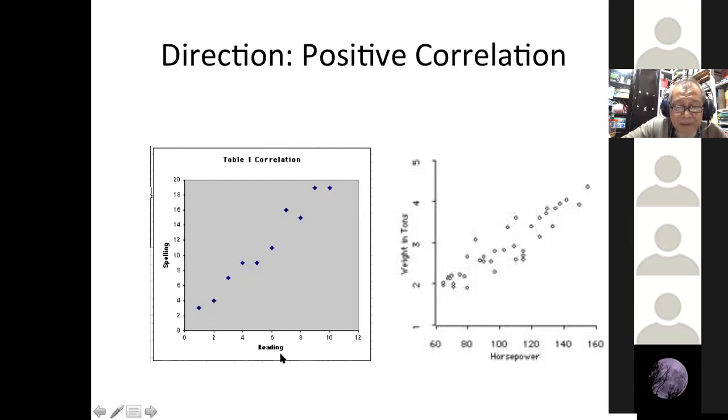For example, if we correlate between the height and the weight, how tall they are, and then how heavy they are. The height is the independent variable. We believe that the taller someone is, the heavier they will be. Okay, that is the assumption. So the correlation will be positive in direction. Okay. And then the next one is